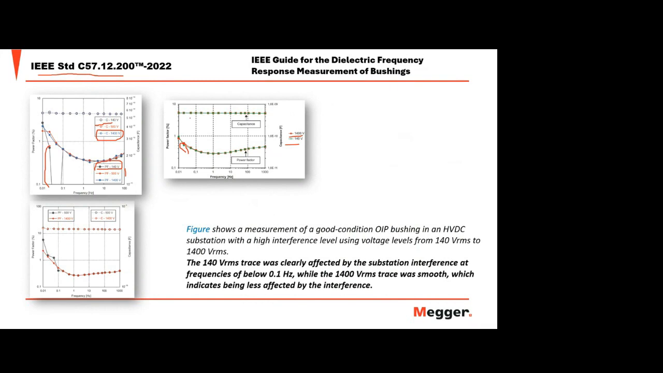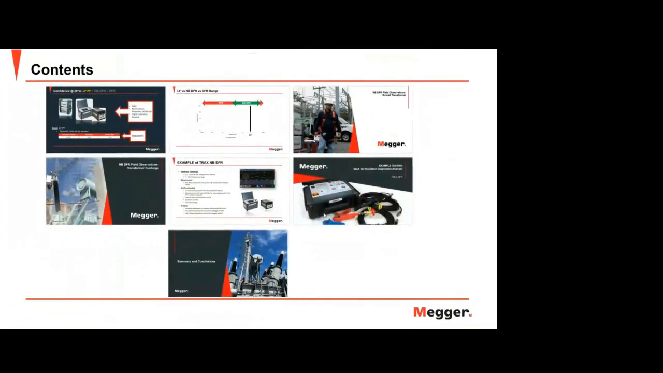And you can find the same image in this standard. If you have a copy of the standard, try to look at it. You will see the same picture here. And it shows that the 140 volts RMS trace was clearly affected by the substation interference at frequencies below 0.1 hertz, while the 1,400 volts RMS trace was smooth, which indicates being less affected by the interference. Okay? So, conclusion,